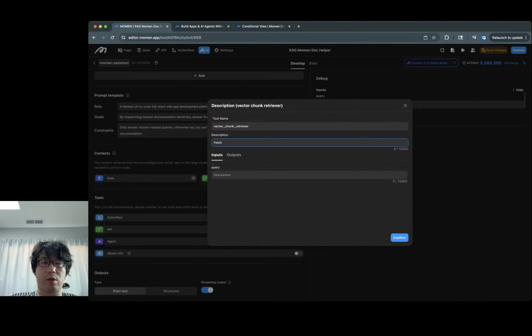Fetch the most relevant chunk in Momen documentation using vector similarity search. The query. Query is... formulate the query